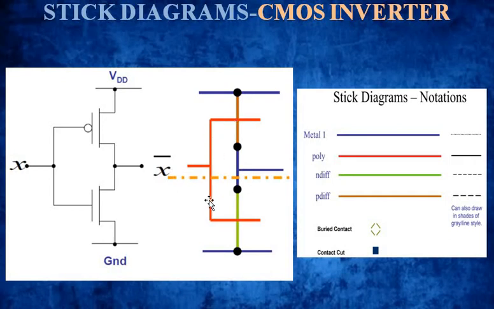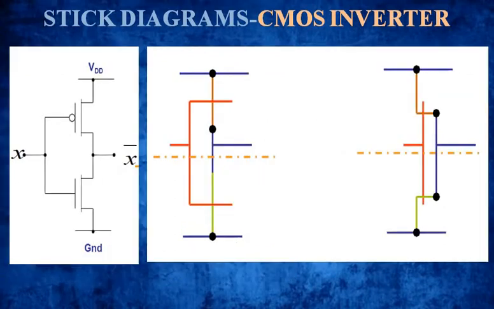So for polysilicon, for the input side gate terminals we are using red, for P diffusion brown, for N diffusion green. For interconnection of both transistors we are using a metal layer or the metal line. Then afterwards you are getting the output. So this is the stick diagram of your CMOS inverter. Very important question. I have given two more figures similar to this. This figure is similar to what I have shown. You can also draw this similar figure in this way.